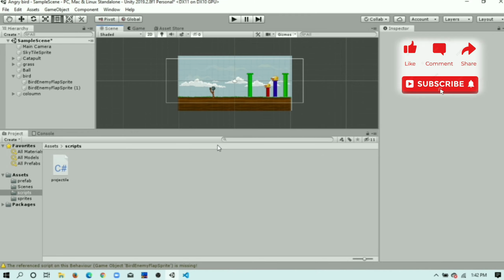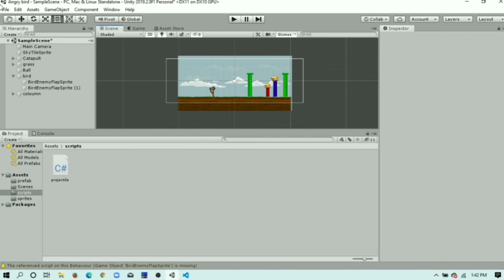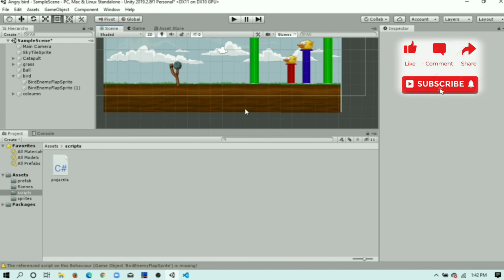In today's video, I am going to show you a game developed by me named Angry Birds. It is a simple light version of Angry Birds 2 and it has only one level. It is made from the Unity gaming engine with just a handful of assets. And let me show you the scene.